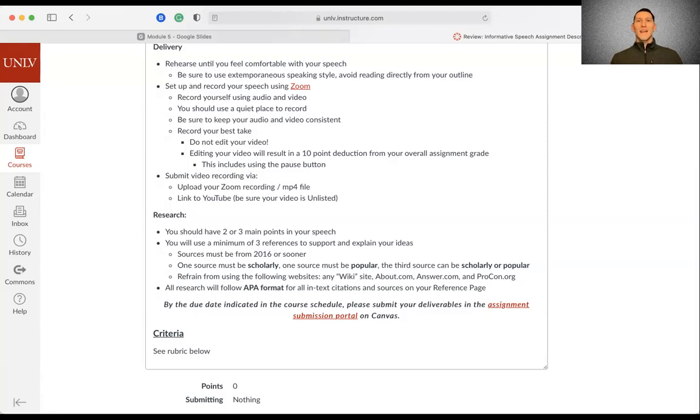right? We know over time our ideas and our knowledge changes with more research and with more understanding of the world around us. So we want to keep as up to date as possible with whatever it is we're talking about. For this assignment, one must be scholarly and one must be popular, and then the third one is up